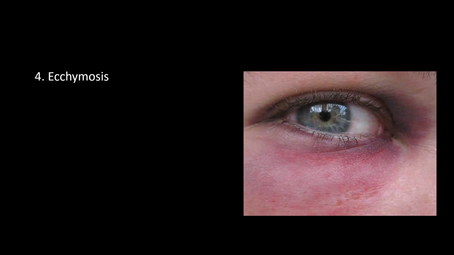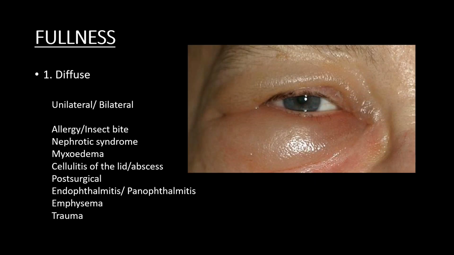And the other kind of discoloration that you can see on the skin is ecchymosis because of a trauma. Okay, so if there's any trauma and there is hemorrhage of the superficial vessels, that will lead to pinkish blue and reddish blue discoloration of the eyelid skin. That is ecchymosis. Then, coming to fullness, as I already told you, the eyelids,